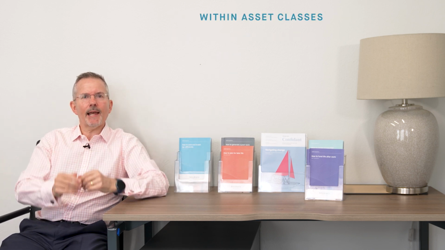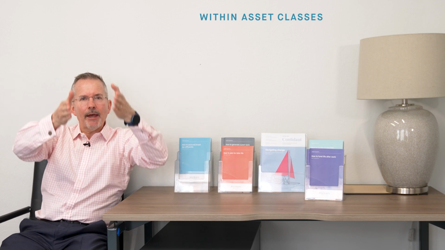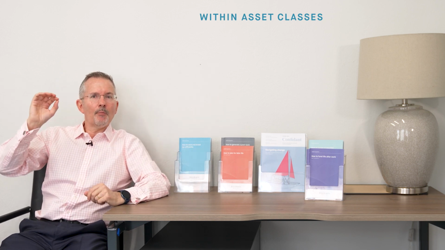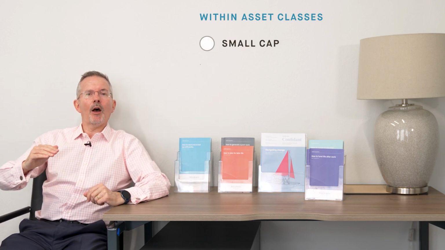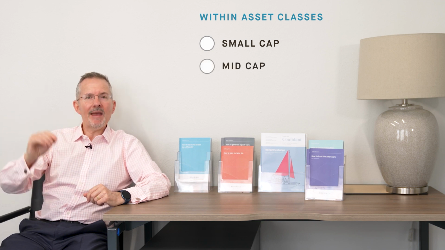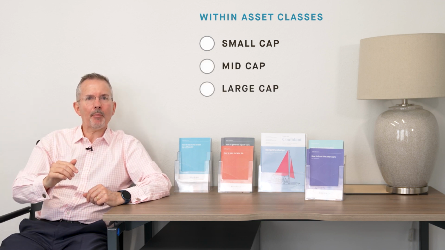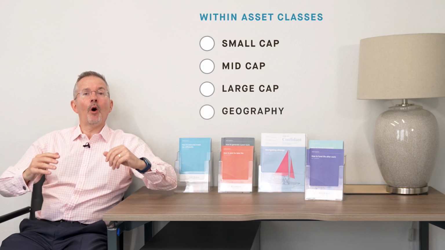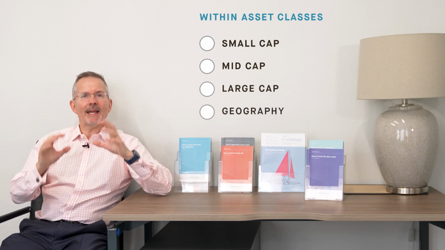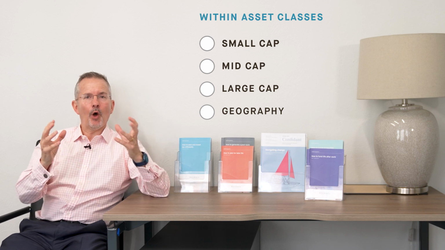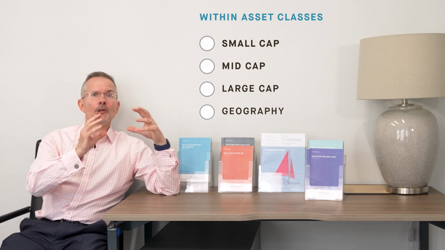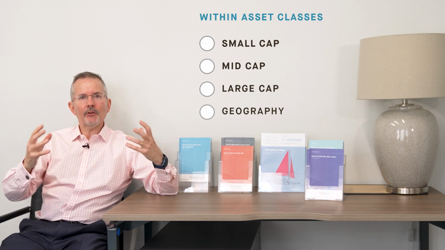And then within each asset class, let's take shares, for example, there are more subtle decisions to take. Am I going to go small cap? Am I going to go mid cap? Am I going to go large cap? Which geographies am I going to go for? A global approach makes 100% sense in the world we live in today, rather than say a UK-based approach, but that is a key decision for many investors. So all of these decisions will reflect to a degree your tolerance for risk.